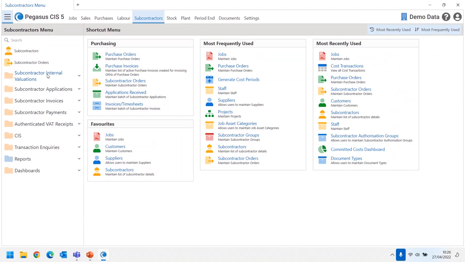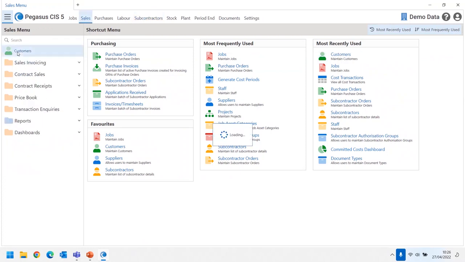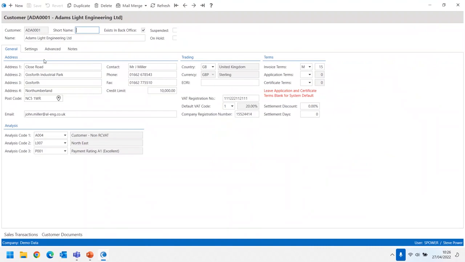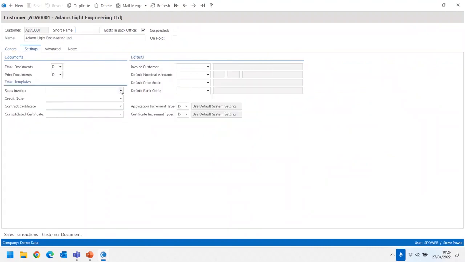You know, on the purchasing side, if you raise a purchase order, you can automatically email a purchase order to the supplier. We've now extended that to the sales side. And let me show you. If I go into a customer record, and let's go and have a look at Adams Light Engineering. If I look at the settings tab, this allows me to